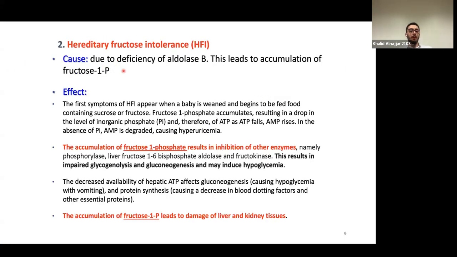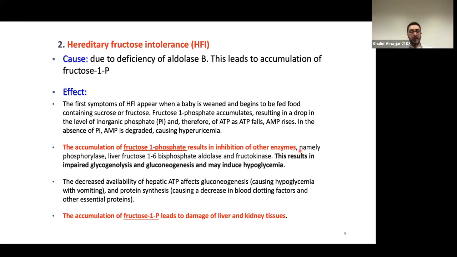Okay. Now the other disease, which is hereditary fructose intolerance, which is a deficiency in aldolase B, what will happen? Again, I told you accumulation of fructose 1-phosphate. What will happen if fructose 1-phosphate accumulated in the liver? See, basically, fructose 1-phosphate is a shared ingredient between multiple processes, okay? It's not only fructose metabolism. You will see fructose 1-phosphate in glycolysis, glycogenolysis, and multiple processes, right? Or metabolisms. In that case, or because of this, the accumulation of fructose 1-phosphate will inactivate or inhibit